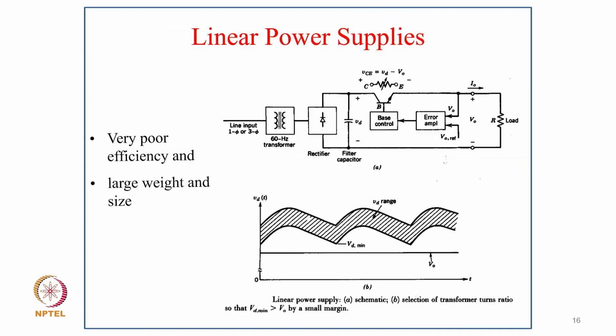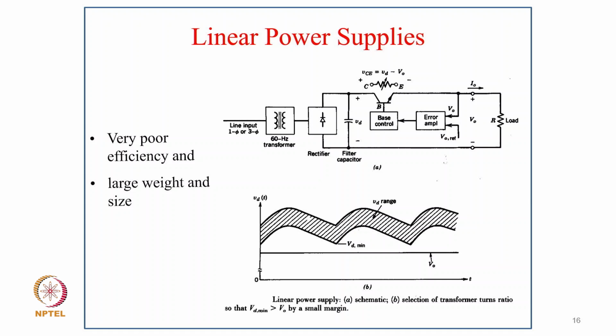Coming to isolated converters, earlier we were using the linear power supply for this purpose. Here we have isolation with a power frequency transformer at 50 Hz or 60 Hz, and then rectification followed by a capacitor filter. And here we are using a BJT or transistor as an amplifier, which consumes the voltage difference, as you can see in the figure below. We need the output voltage to be lower, as the output is regulated, but the input voltage at the capacitor is normally higher. So the remaining voltage has to be absorbed across the transistor. So the transistor virtually behaves as a variable resistance in this case, so that the output is regulated.